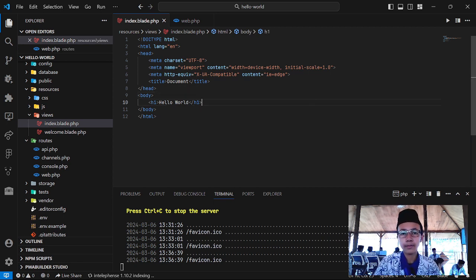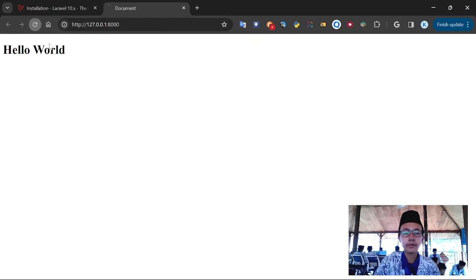So now for this CRUD, for example, I'm going to make an H2 item 1 and a P content of item 1. So if we refresh this page, it will show us item 1 and content of item 1. So in this CRUD tutorial here,